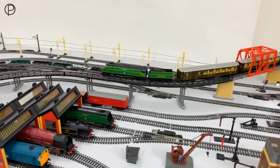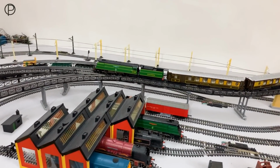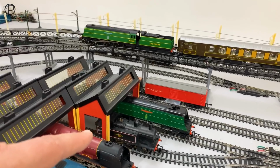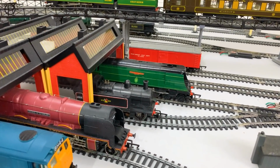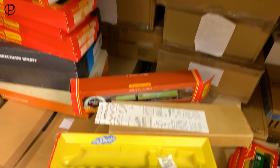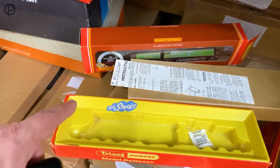But that's not as convincing, I don't think, as one of the earlier models would be. So you can see here, I don't know whether you've noticed, I've had another Battle of Britain class sitting here in the engine shed. So this one's been renamed Fighter Command. I think this one's from late 60s, early 70s. If we have a glance down here, it's one of those wonderful boxes with the cardboard sleeve. There's the model number